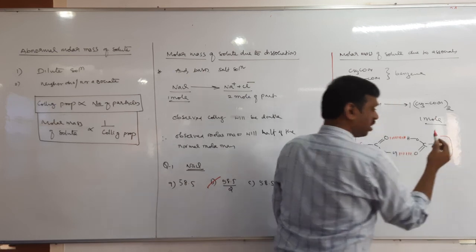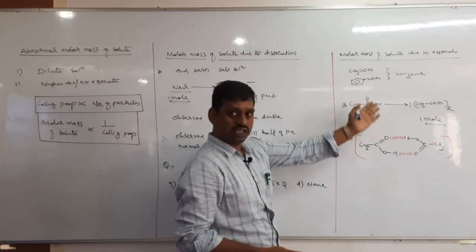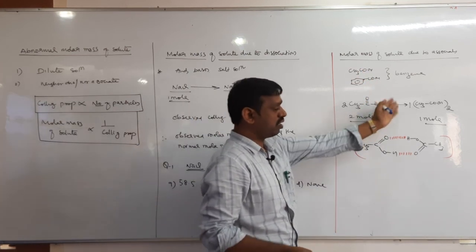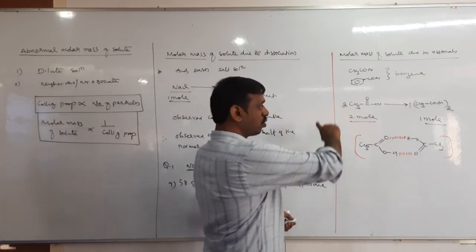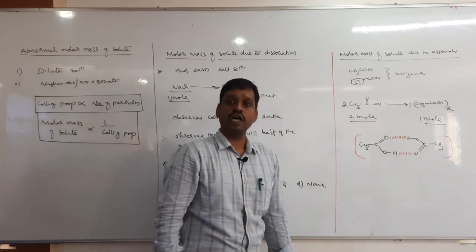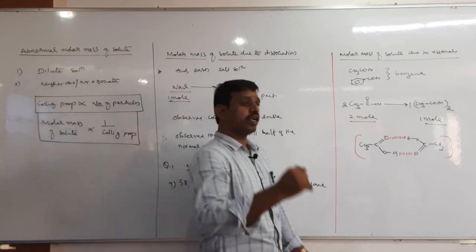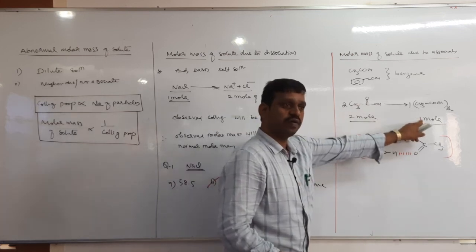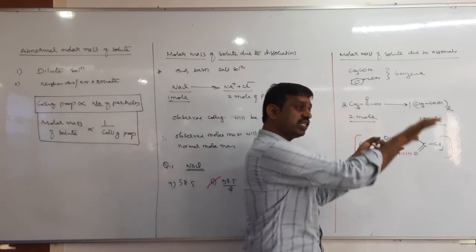So substances like acetic acid and benzoic acid undergo association in a non-polar solvent like benzene. They form the associated molecule, nothing but a dimer. For example, take acetic acid. 2 moles of acetic acid undergo association and form 1 mole. Then tell me, what is the observed colligative property? Observed colligative property will be half of the normal colligative property. Why? 2 moles giving 1 mole means the number of particles decreases to half.